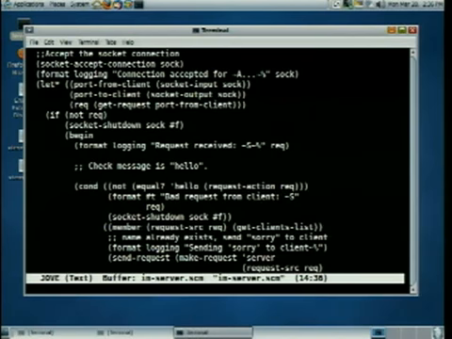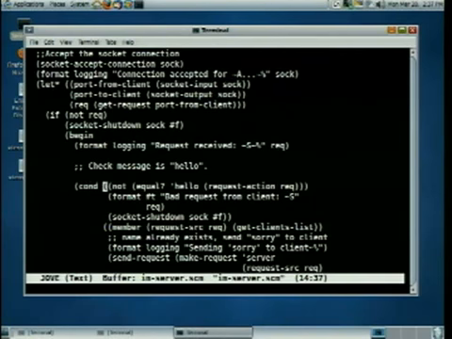OK, so print the message. And now messages have different parts. There's an action, there's a sender, there's a receiver, and there's the text of the message. So here we're looking to see if the action part of the request is the word hello.